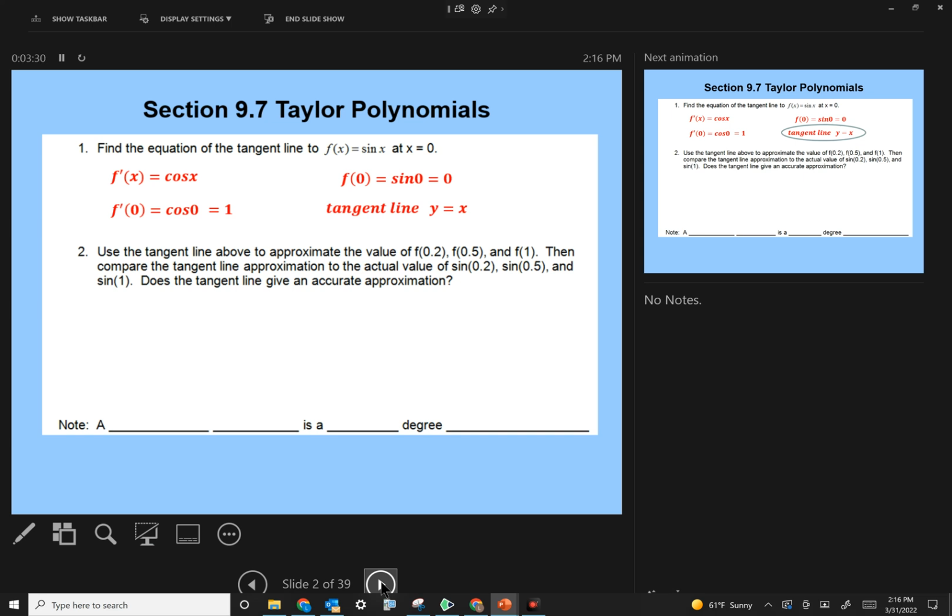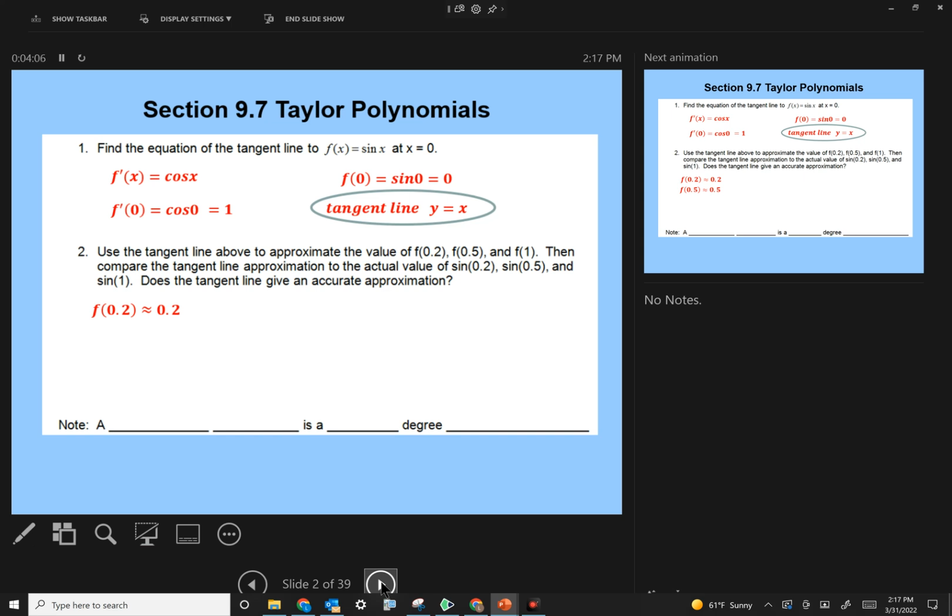Okay. Use the tangent line above to approximate, we've done this before, to approximate the value of the curve, meaning the sine of x curve, at 0.2, 0.5, and at 1. So doesn't that just mean plug in the 0.2 for x? Well, if I plug it into the tangent line, don't I just get 0.2? Because if y equals x, does that make sense? If I plug 0.2 in for x,